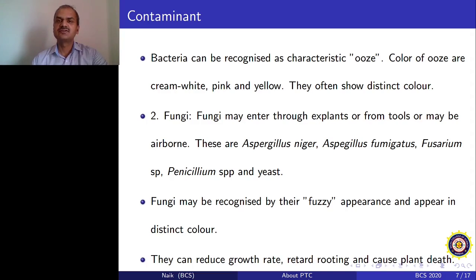Let's say you are not getting any contamination on the explant, and the explant started showing adventitious shoot formation. Now when you subculture those adventitious shoots, or when you subculture the callus, if your tools or your laminar hood are not properly maintained, then there is a likely chance that your callus will also get contaminated by bacteria or fungi. So these contaminants can come at any stage of plant tissue culture. Remember that. Therefore meticulous planning, meticulous cleaning, and continuous observation are key features of successful plant tissue culture.